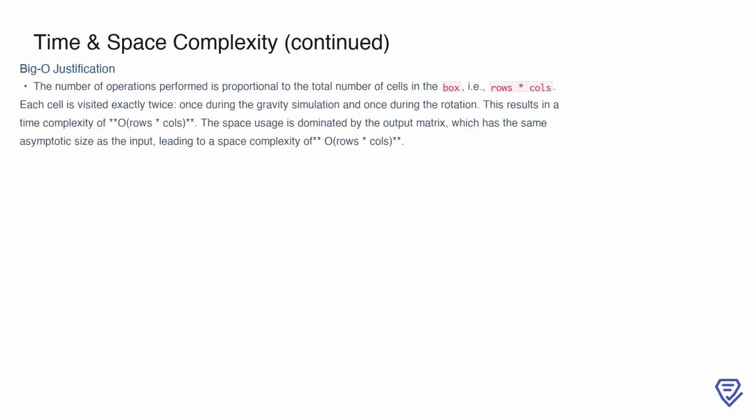This results in a time complexity of O(rows * cols), since all operations are linear with respect to the size of the input. On the space side, the algorithm's output matrix dominates the space usage. The rotated_box has the same asymptotic size as the input box, making the space complexity O(rows * cols). This efficient time and space complexity ensures that the algorithm is well suited for processing matrices of varying sizes